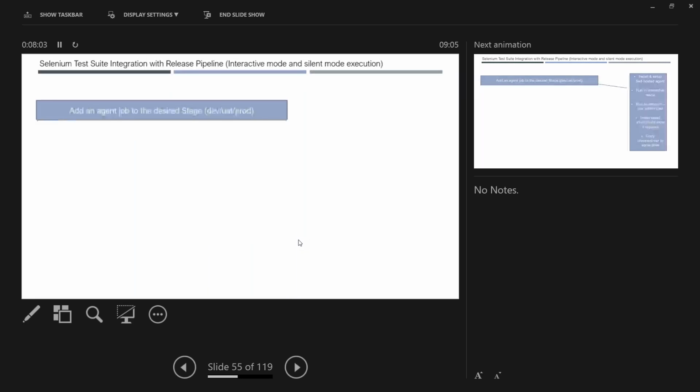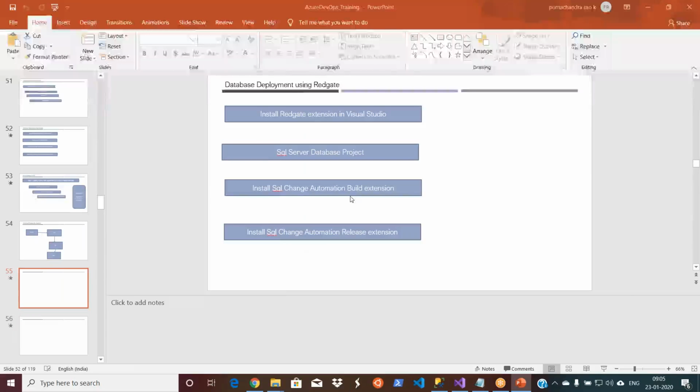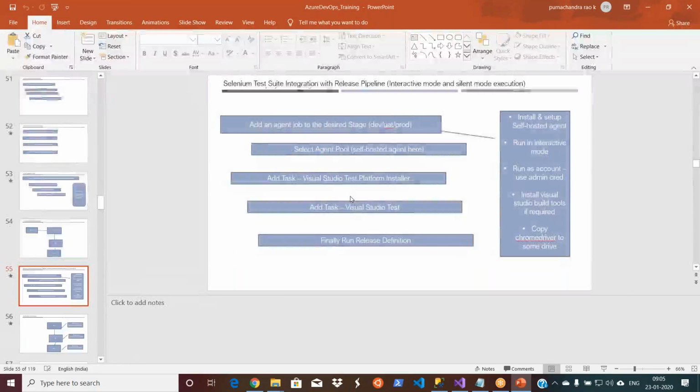We will not get into Selenium testing because let's finish this basic must-and-should build pipeline first, and then we can get into Selenium. What I will do is create some Selenium test cases myself and integrate those test cases with the release pipeline. So you are covering automation, functional testing, and suite integration with CD pipelines.